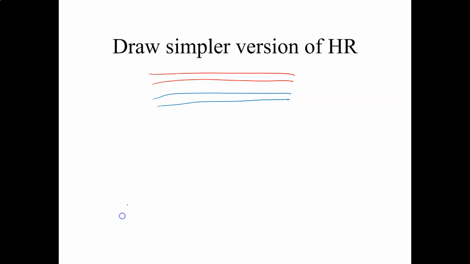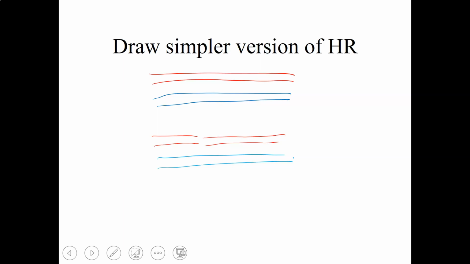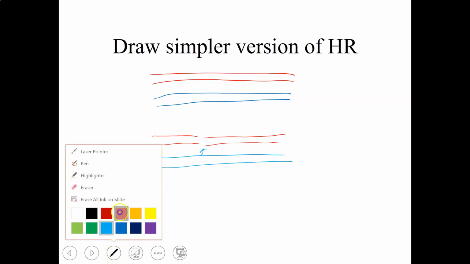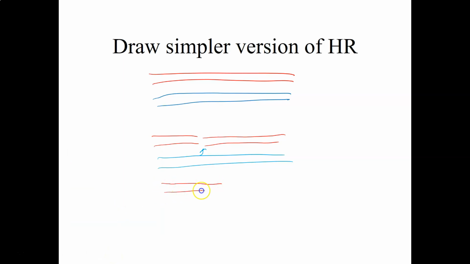Then we get a double-stranded break. Got our sister chromatid, which apparently is a slightly different color, blue this time. And then essentially what happens, without worrying too much about exactly how it happens, is that this information gets copied into there. And so what you end up with is your original DNA strand,